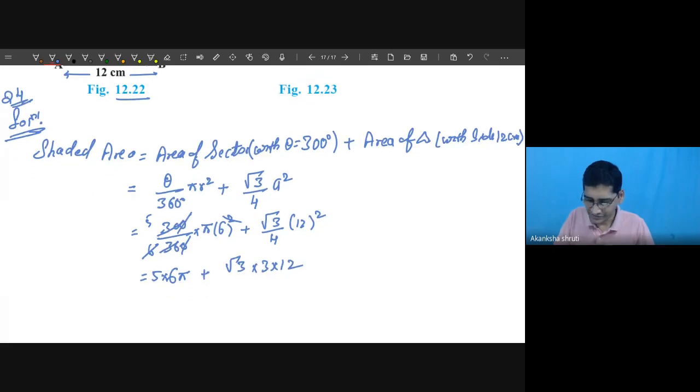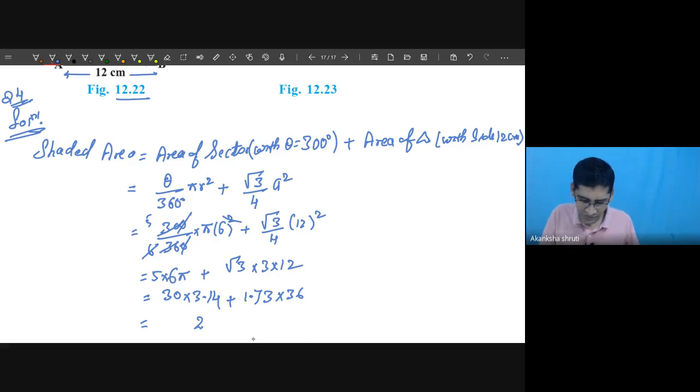Now you do this. So it is like 6 into 5, 30. Then substitute the value of pi. Okay, no need of taking the calculator or any hint. Calculations are very easy. So it is like 3.14 plus this is 1.73 into 36. Yeah, tell me how much is this? You can calculate it.